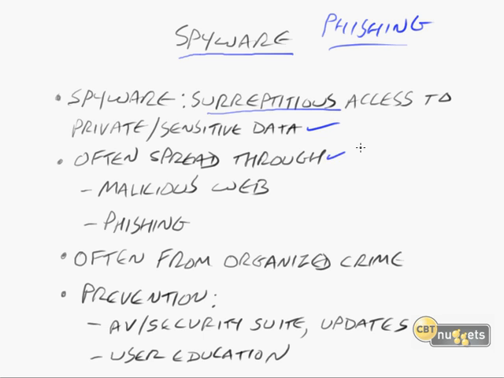This is often spread through a couple of different ways, as I mentioned earlier. Malicious websites. So it could simply be a phishing email with a link in it to a malicious website, or it might be a website that's designed to lure you there, or that's a misspelling. So for example, normally you might go to, I don't know, cbtnuggets.com, but if you went to some misspelling of cbtnuggets.com that someone might have registered, then it would take you off to a malicious website. And some of these sites are pretty clever, actually. Just by visiting the website, it may open a frame that is malicious, and you didn't even have to click on anything on the page, and it could still infect you with some kind of spyware.